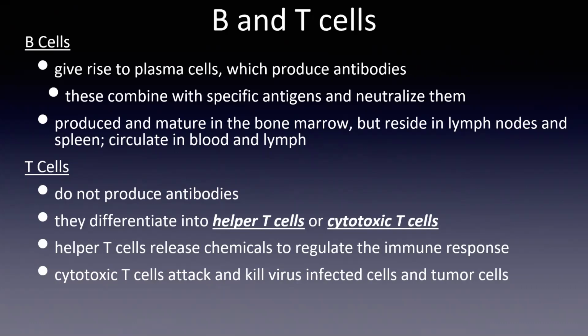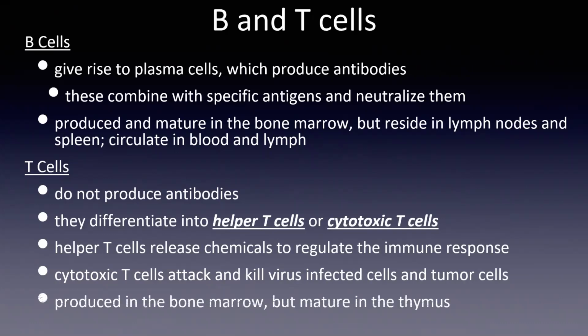Now, in terms of T cells, they are like B cells in that they are produced in the bone marrow, but where they mature is in the thymus. So that thymus gland right at the middle of your chest, above your heart, below your throat. So they mature in the thymus. That's where the letter T comes from in T cells. So is it where they're produced or where they mature that they get their names from? The answer is it's where they mature, because they're both produced in the bone marrow.